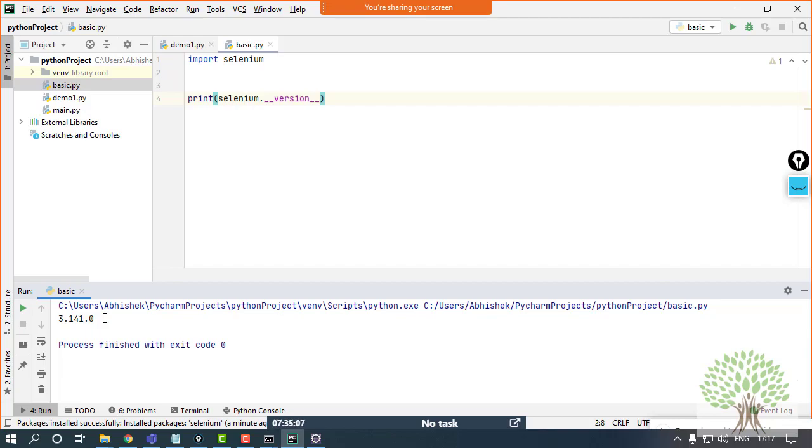So this is an additional step: if you are using an external package in PyCharm, you have to get it manually added from the File Settings options. This is going to be applicable to all the external packages that you are going to work with. Like in the coming days, we will be working with PyTest, the framework for writing test cases. That also you have to add this way only. Otherwise, it's going to give you an error.